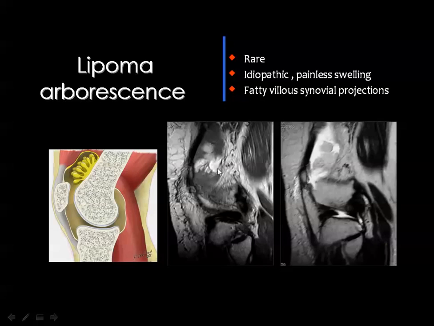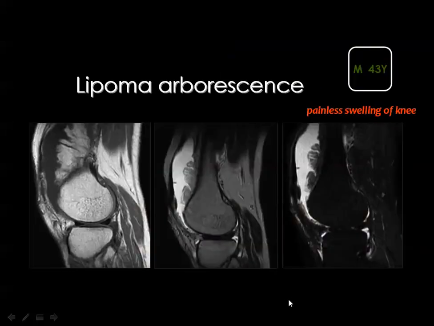This is an example, and you see the projections of this fat containing lesion within the anterior compartment of the knee in the T1 weighted image and in the T2 weighted image. In both bulk sequences, the lesion will be similar to the subcutaneous fat. This is a classic case of lipoma arborescens. You see the branching